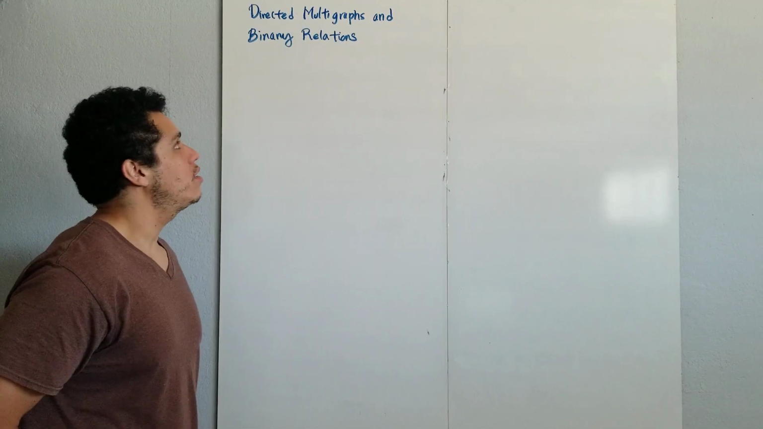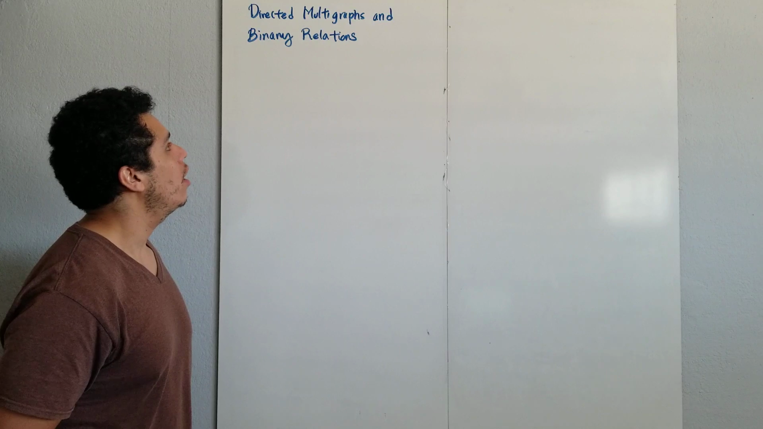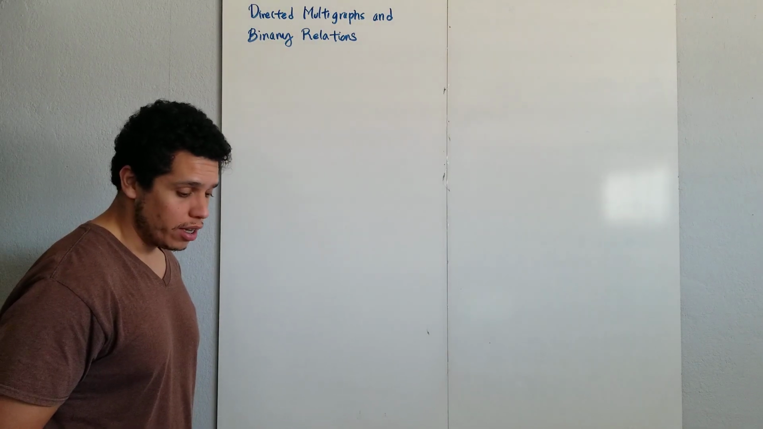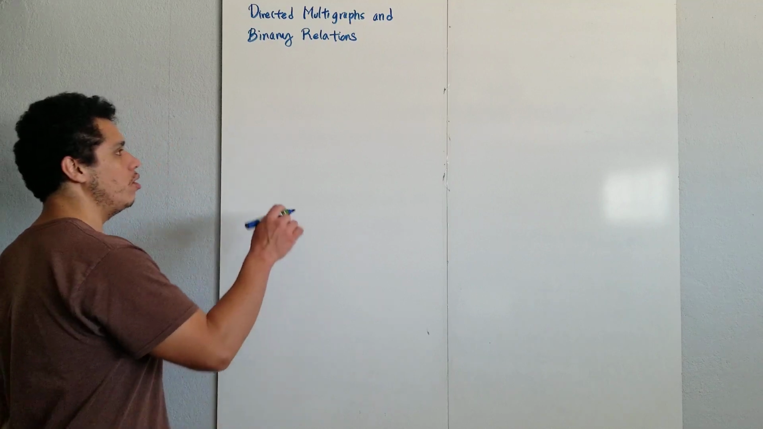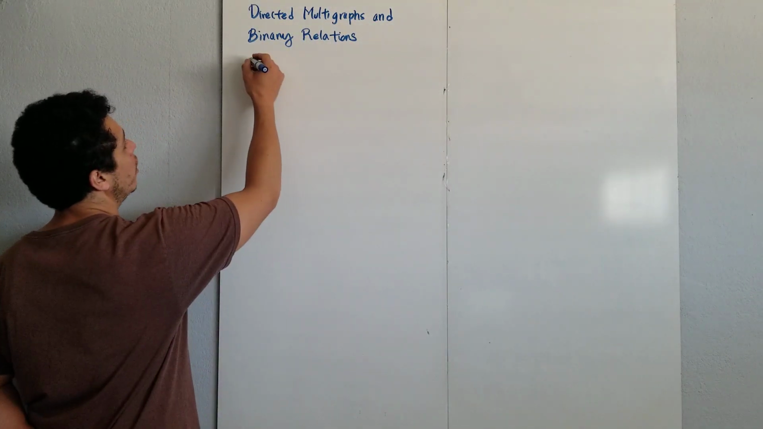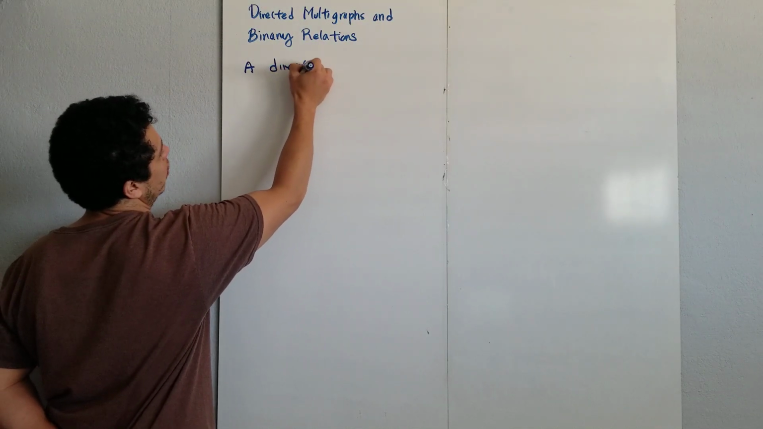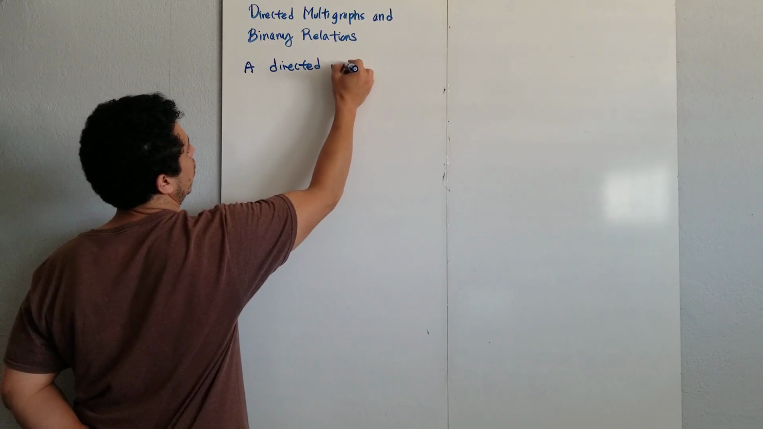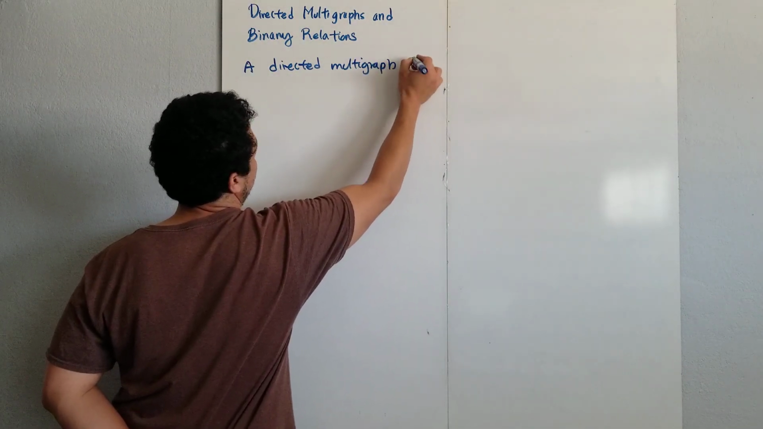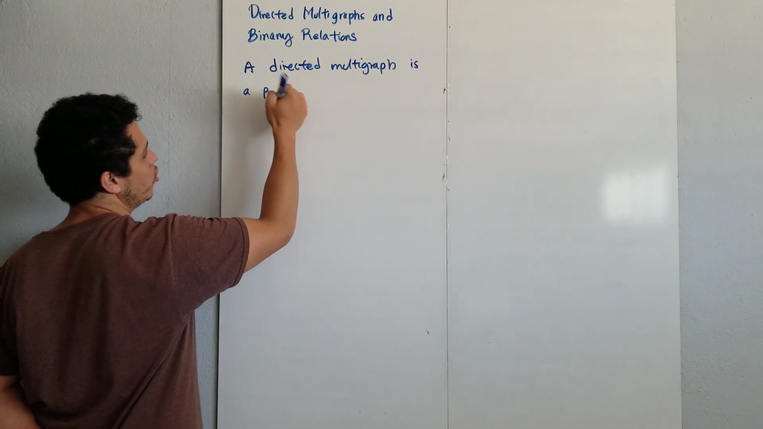So to conclude this section on graphs, I want to introduce the topic of directed graphs, directed multigraphs. But let me start with the definition, and then this connection will become apparent. A directed multigraph is a pair, an ordered pair, a tuple,